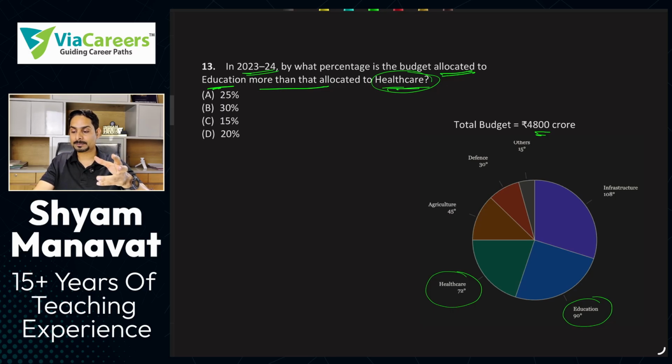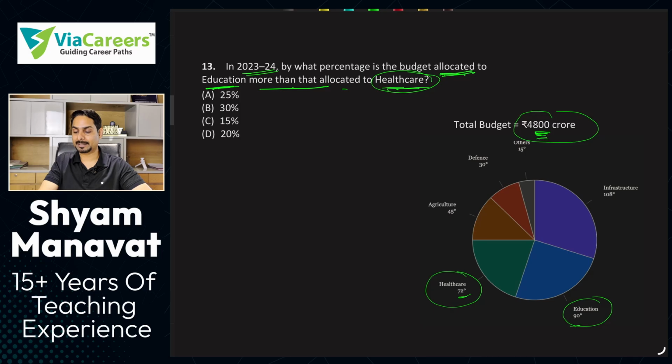पता है क्यों? Because at the end you are comparing on the same number. 72 degree is also calculated on the same number and 90 degree also calculated on the same number. और उन्हीं का ही परसेंटेज निकालना है तो कुछ फर्क पड़ेगा नहीं. फिर भी मैं जो न्यू स्टूडेंट्स हैं उनके लिए एक बार करके बताता हूँ ये. So, budget allocated to education is how much more than healthcare. Now अभी